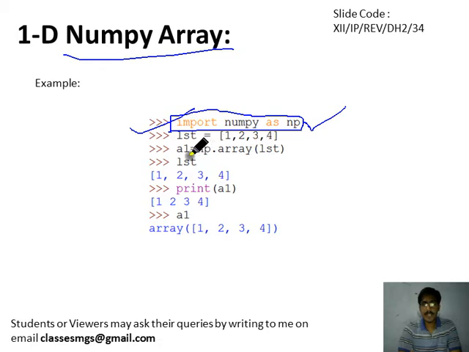Then we can create the numpy array using the array method of the numpy library. So this is the array method and it belongs to numpy, that's why we are writing np.array. Then we will pass a one dimensional list and it will create a one